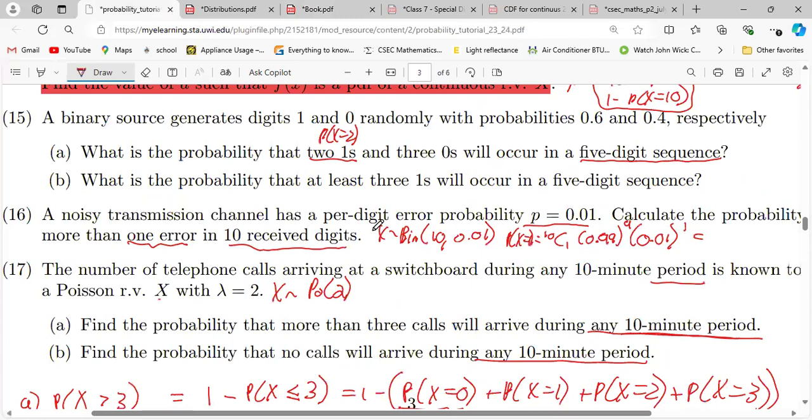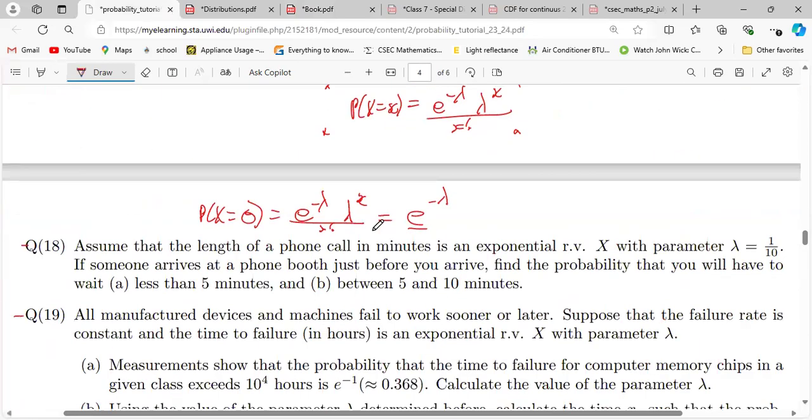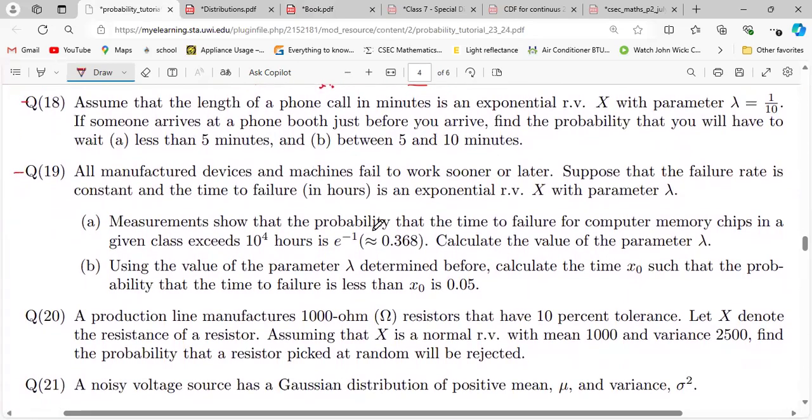So what I mean by that is, let me go back and actually read the question I did for the exponential. So they said, assuming that the length of a phone call in minutes is an exponential random variable with parameter 1 on 10. So lambda is 1 on n for the exponential, right? If someone arrives at the phone booth just before you arrive, find the probability that you will wait less than 5 or between 5 and 10. So with these things here, with